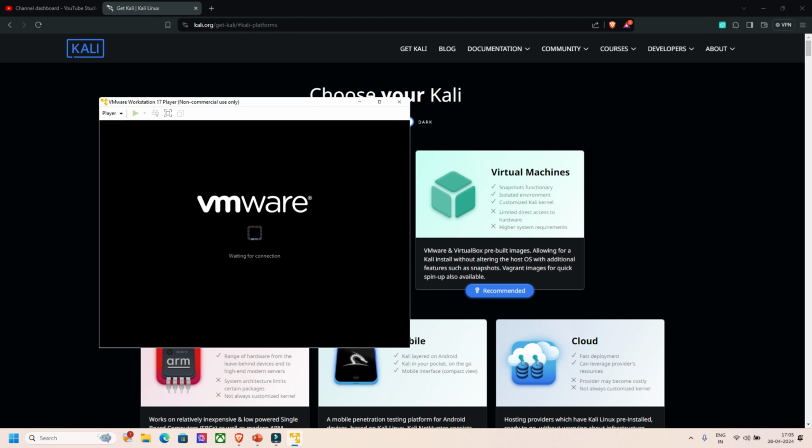Once your setup has been completed, there's an option. I just put the name Kali, and there are removable devices. So let's start my Kali Linux,